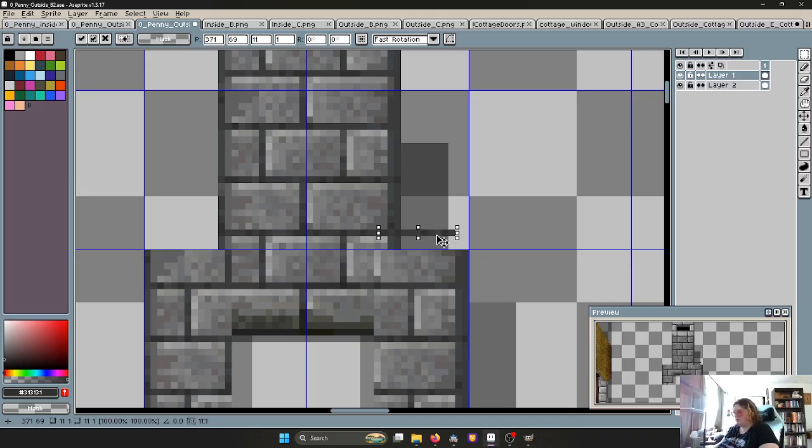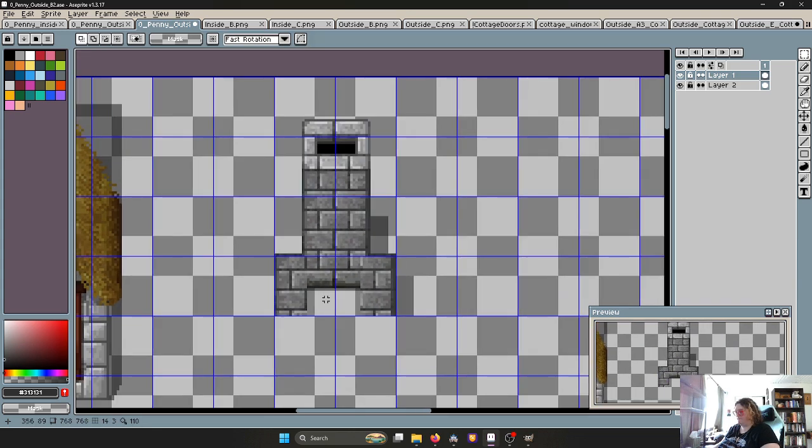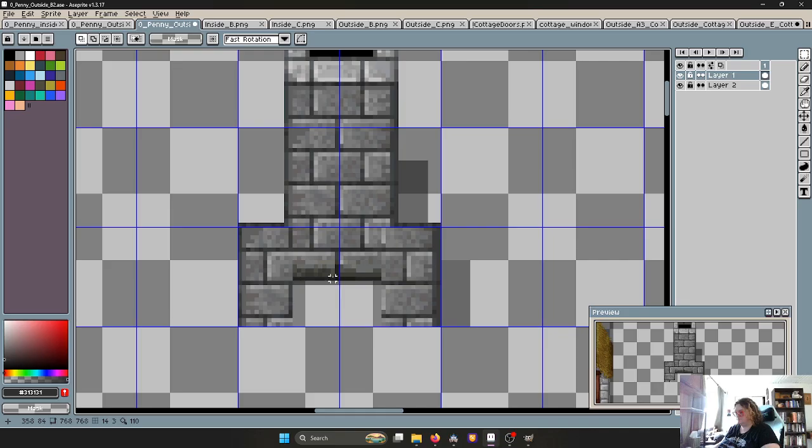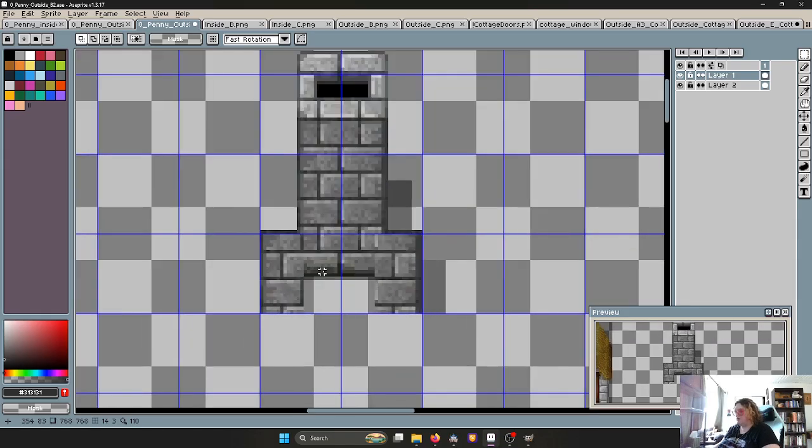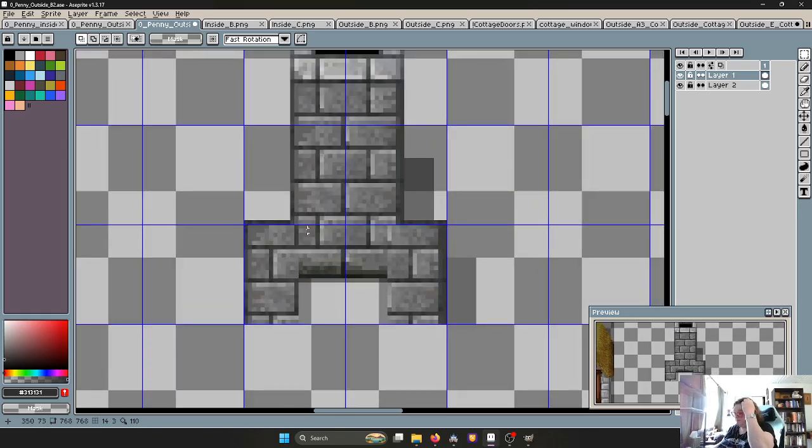Shift H to flip it, bring it over here. And we're going to have ours kind of slipping beneath the house, so it can afford to be a little bit